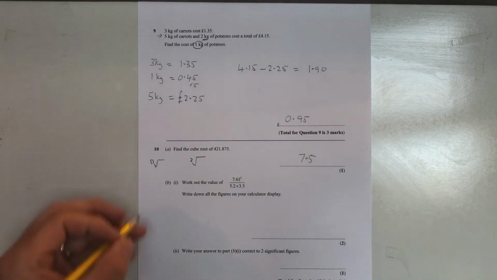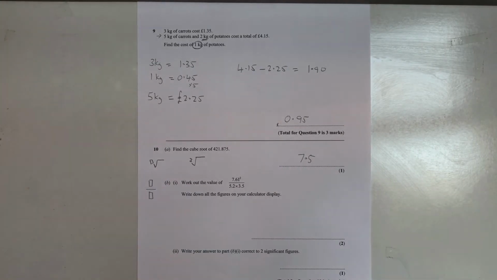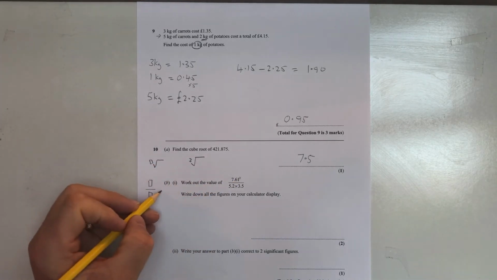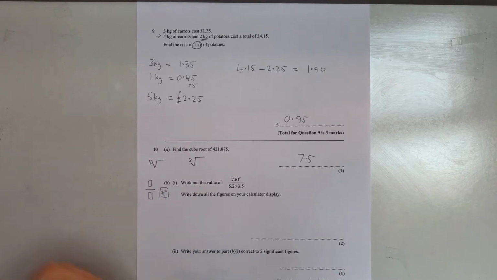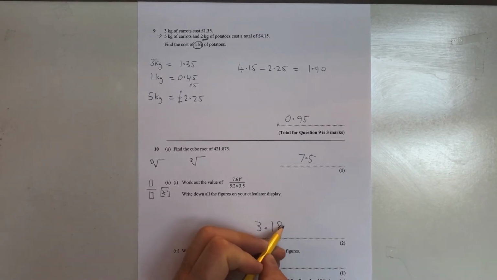To work out this, it is actually easier to use the bracket facility on the calculator. So fraction button pressed, and we've got 7.61 squared button. So then hit the squared button and then cursor down, and we type in 5.2 times by 3.5 equals, and then we get 3.18198